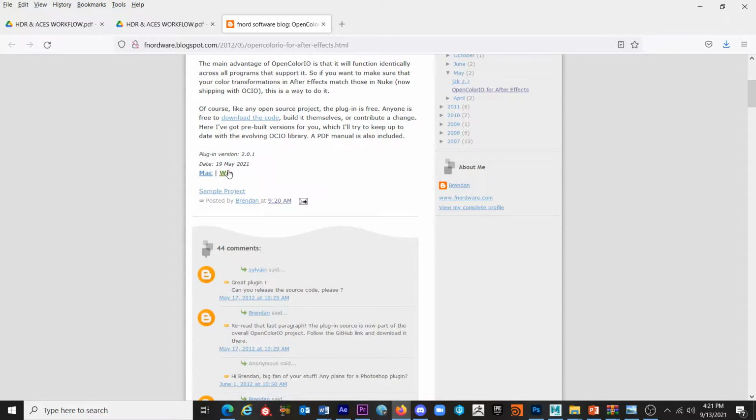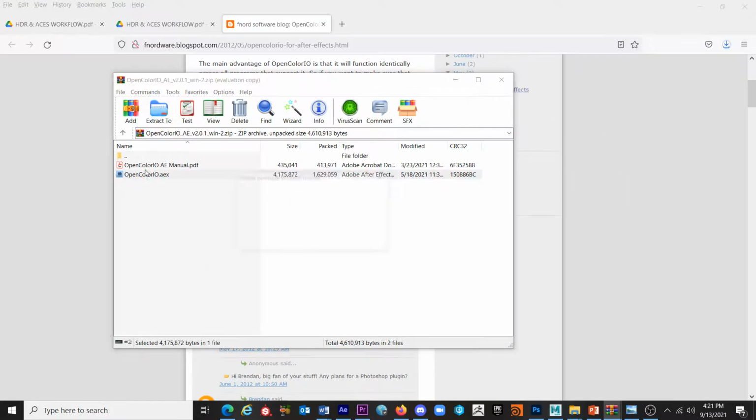Click on that link, brings you here. Click on Windows, open this. You want to grab this file. And as I do this, I'm not going to give high overviews of After Effects and Maya. This is just a quick breakdown on how to get this working. And also, I know my audio is not working. Well, I don't have my microphone, so I know the audio is kind of poor, so I apologize about that. But anyways, take this,